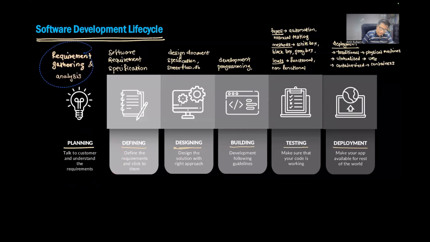So there are 6 different stages, as you can see here, starting with planning, where we do the requirement gathering and requirement analysis. Then defining, where we define all the requirement specifications for the application that you are developing. Then we go for designing the screens, the screen flows, the database, and all of that stuff, which you are going to use later for building the application, where the developers will come and develop the application. In testing, the tester will test the application, and in deployment, the ops people will make sure the application is accessible to end users, either in the virtualized or containerized way. Traditional is gone.